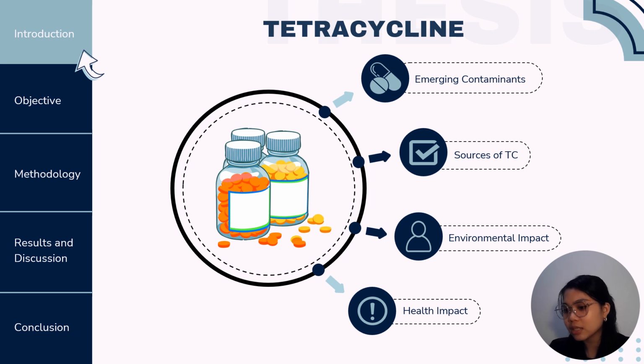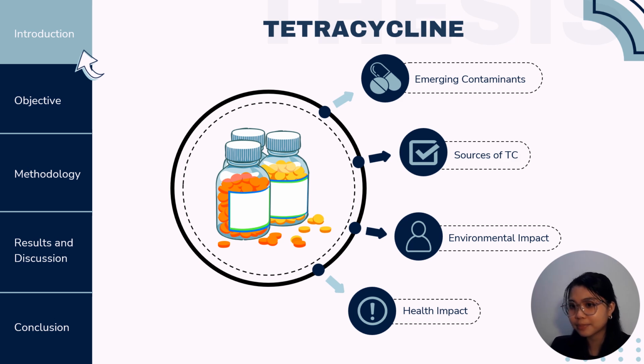Tetracycline is an emerging contaminant that is very much of a concern because not only does it induce toxicity to aquatic systems, but also it induces antibiotic resistance, which is a pressing global threat. Sources include humans, animals, hospitals, households, and pharmaceutical effluents. So this can greatly affect the environment negatively, for example, it can cause disruption of the microbial communities, and most of all, it will impact human health, no? Since these antibiotic resistant genes and antibiotic resistant bacteria can be acquired by humans,